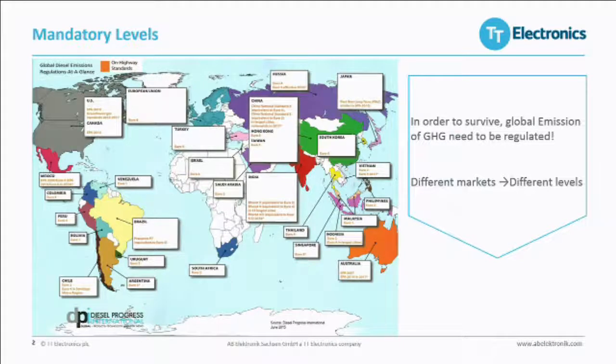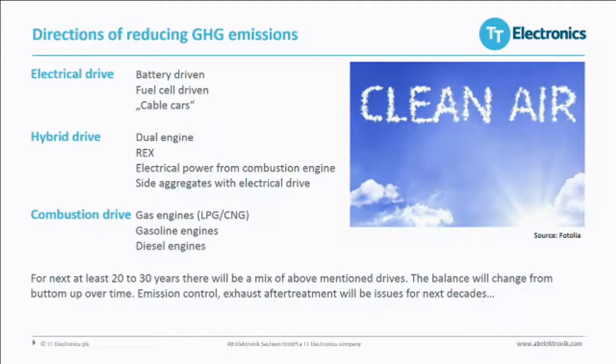And always we talk about BS6 in India, which is related more or less to Euro 6. China 6 will come in several years. So all the other countries will also have to go this way. Global direction clearly goes to zero-emission vehicles, but